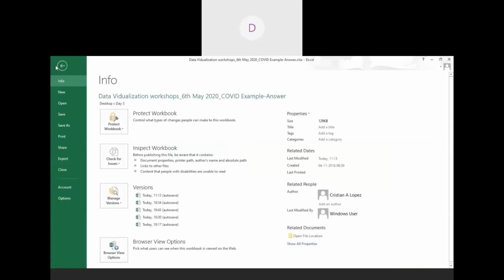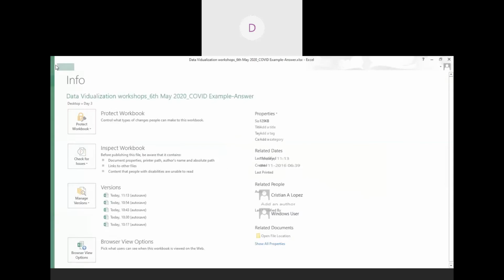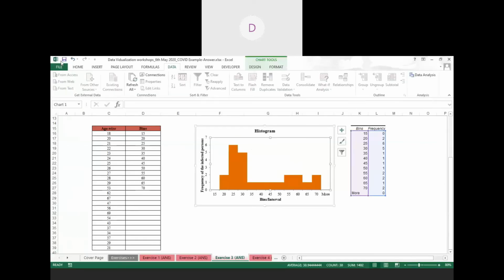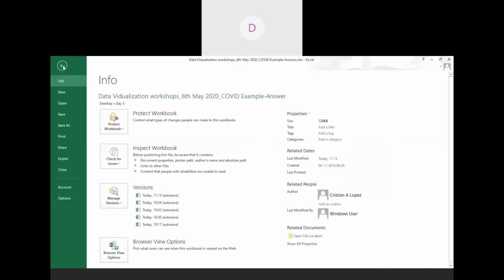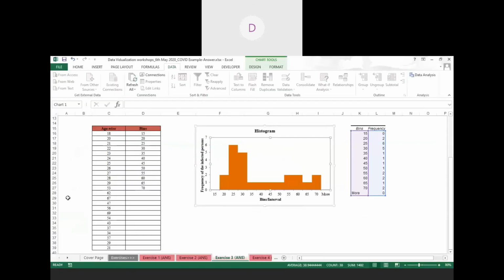Go to the File option again, sir. Click here. File. This File option, the green symbol is the File option. Click here. You'll get the last option, Options. Options, Add-ins.